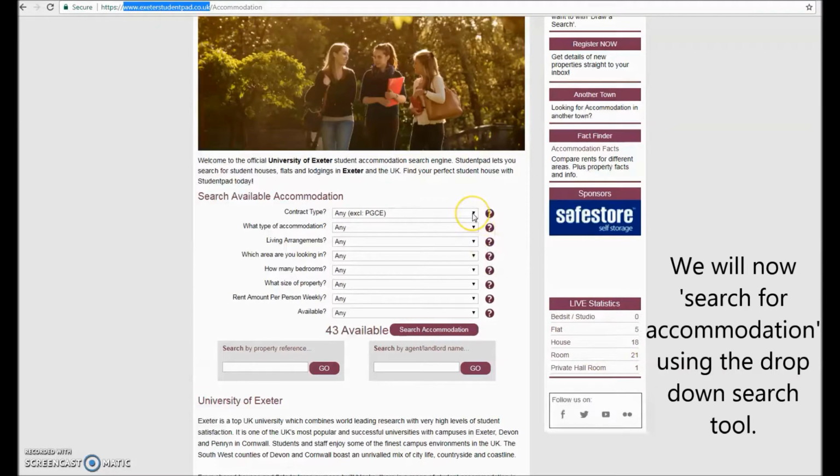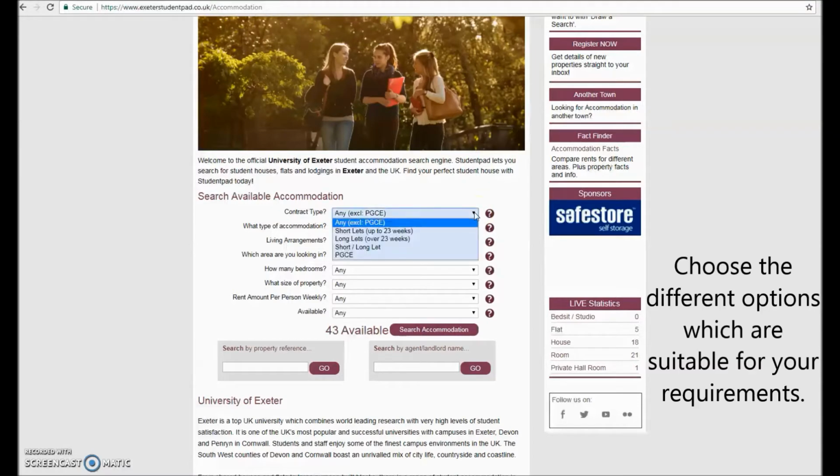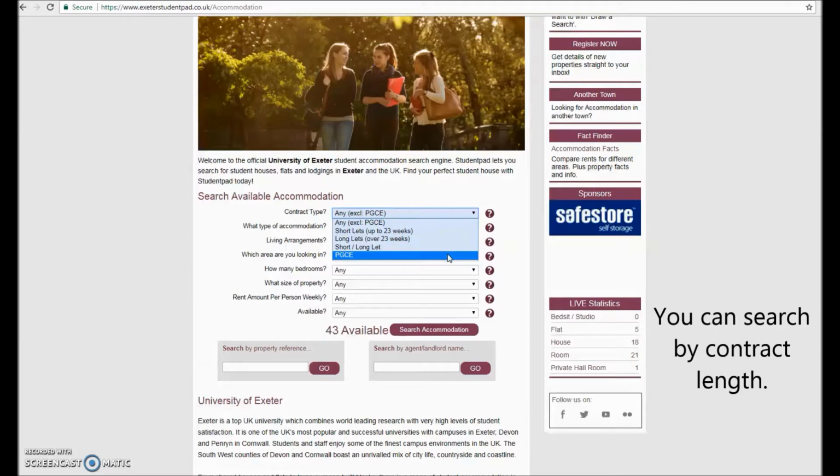You do this here within the drop-downs. You can choose the different options which are suitable for you. For example, the different contract type, whether you want a short-term let up to 23 weeks, a long-term let, a short or a long let so you don't mind, or alternatively if you are a PGCE student looking for lodgings